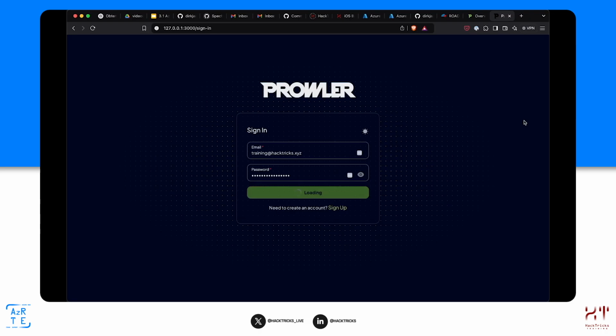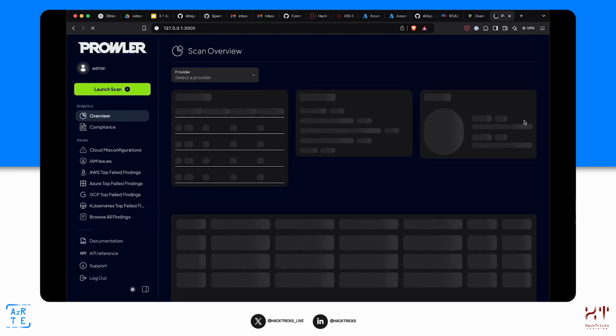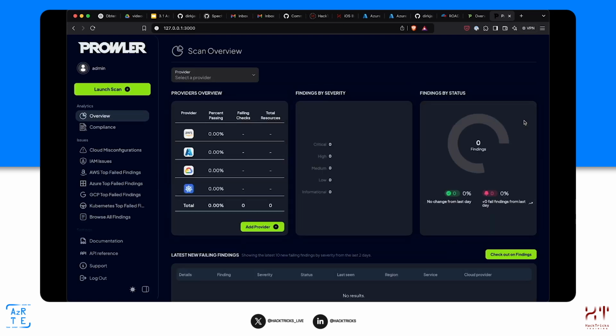So in Prowler, we are going to be able to configure some credentials in order to access Azure and get information from Azure. That's absolutely what we are going to be doing. We will be preparing the application Prowler is going to be accessing and giving it permissions, and then launching the scan. So now that we are here, you can see that we basically don't have any information because we haven't